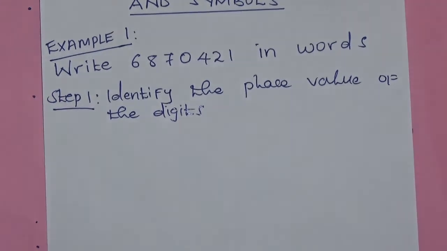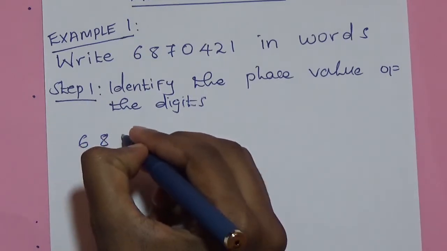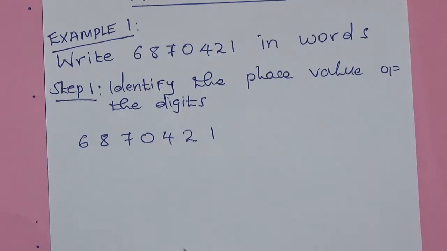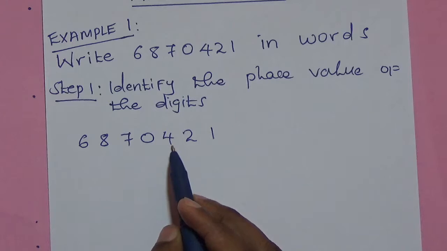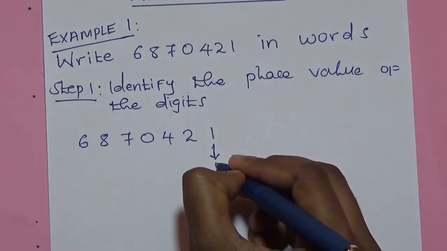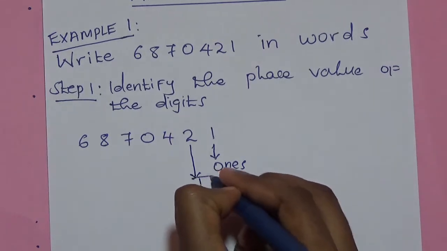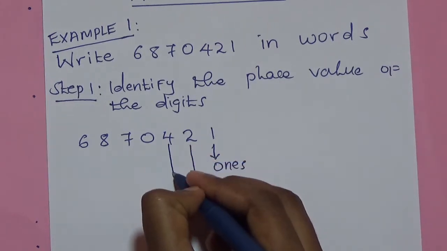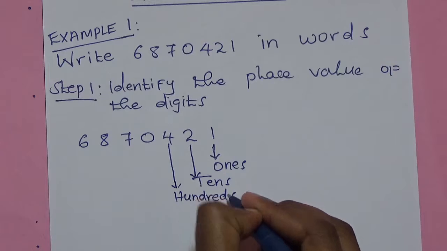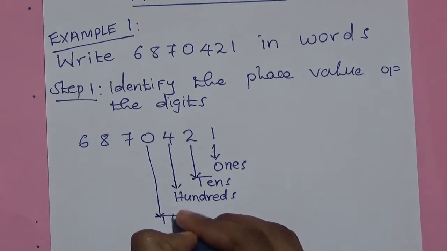Now let us write the number down. You have 6, 8, 7, 0, 4, 2 and 1. We want to identify the place value of every digit in this number. So we start on this side. 1 represents ones, 2 represents tens, 4 represents hundreds, then 0 represents thousands,